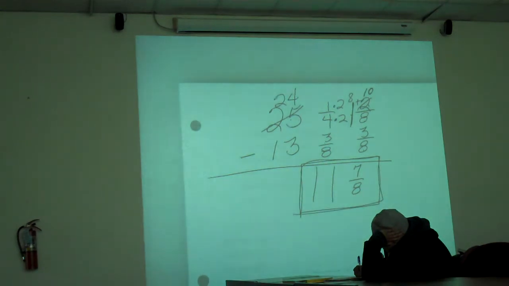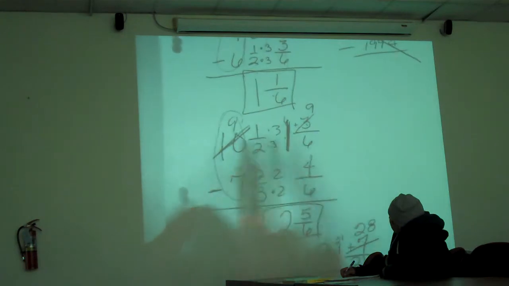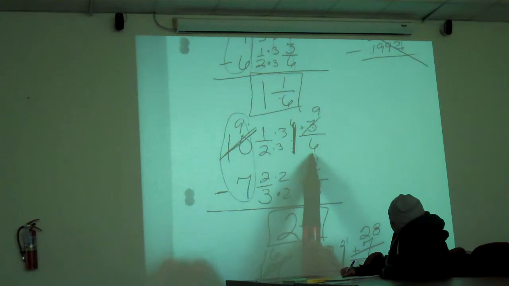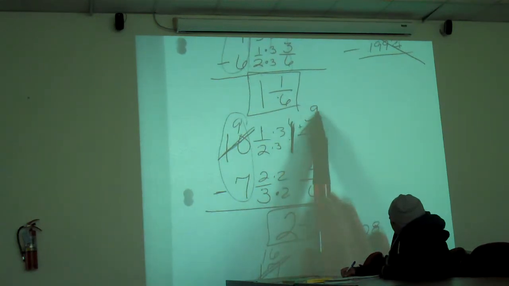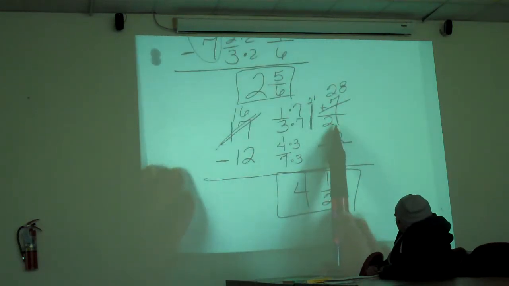Okay, there is a shortcut. I'll show you and you can use it if you'd like. Okay? Or you can just ignore me right now and turn me off for a minute. When you're borrowing here, look at these numbers. The 6 and 3. See how it came out to 9? See how you could add those and get 9? Okay, look at this. When we borrowed, 21 plus 7